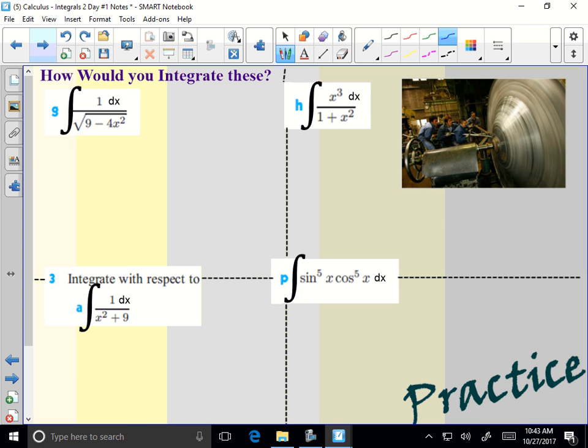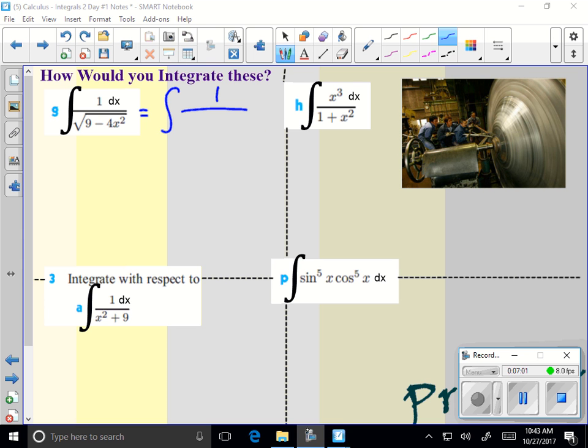G. Okay, so we said that looked like arc, which one? Arc sine. So I'm going to assume that this will end up being arc sine of something with like x over the a value, but I've got to find a. So let's dig a little bit and figure out what it would be. Thoughts here? Okay, so we decided we're going to factor out a 9. So that 9 would come to the outside as what? A 3. So I'm going to have 1/3 the integral of